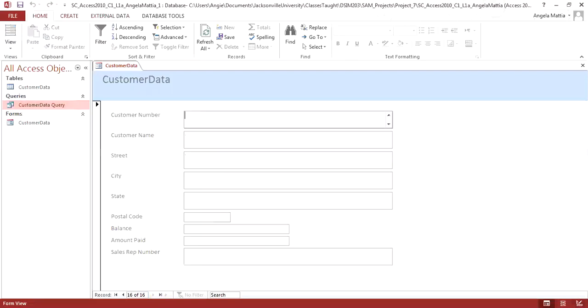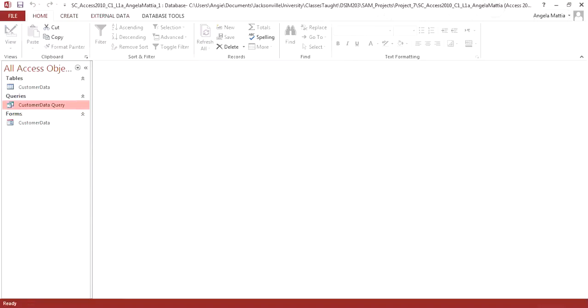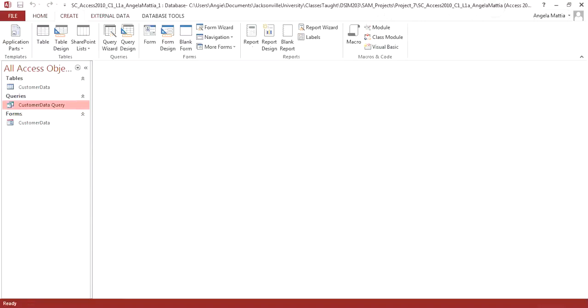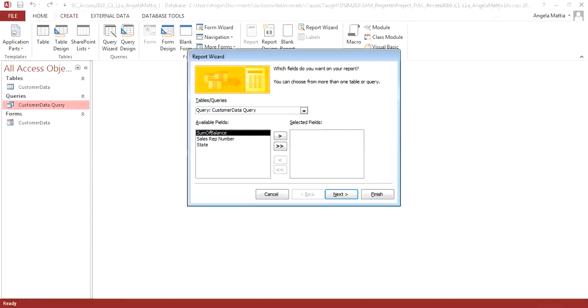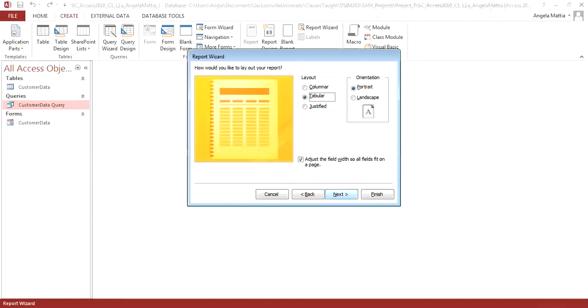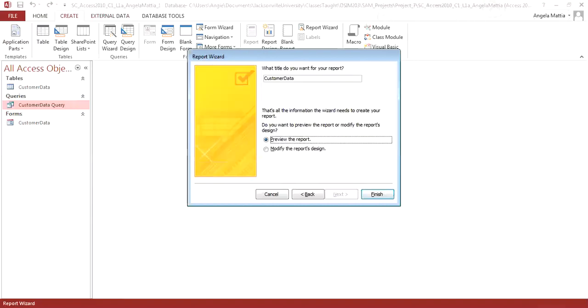Next, we're going to go to Create again, after we close this form, and we're going to do the Report Wizard. We're going to do the same thing. We're going to do the customer table. We're going to pick, this time, the name, the state, the balance, and the rep number. We're going to hit Next and Next. We'll leave the defaults, and we are going to change the name this time to Customer Data, and we're going to call this Report. Okay, so I want you to go ahead and hit Finish,